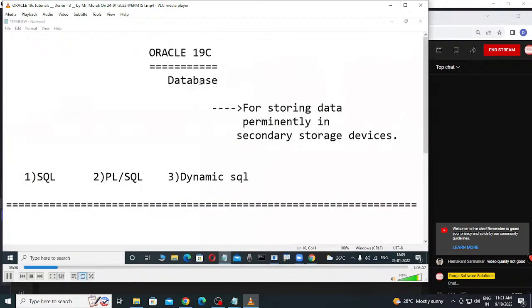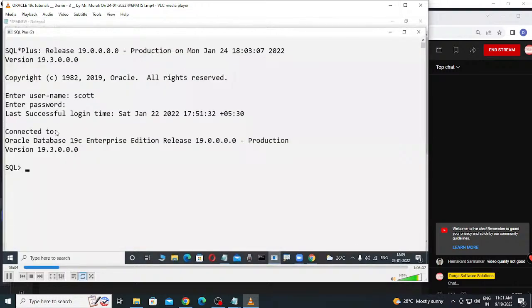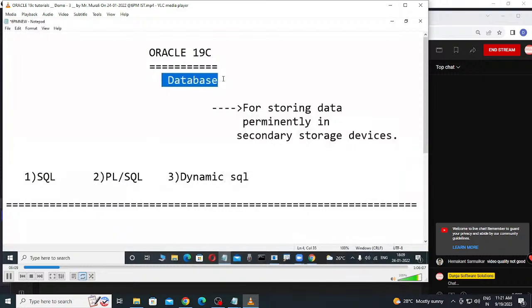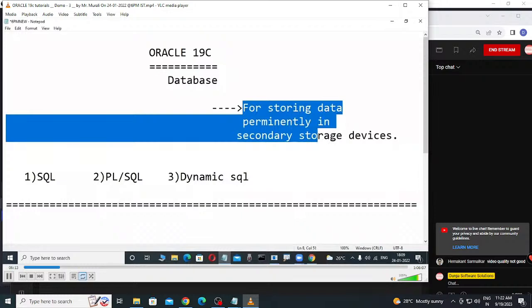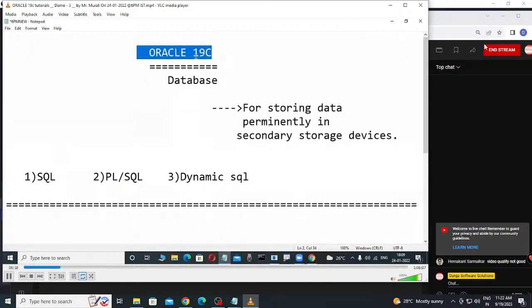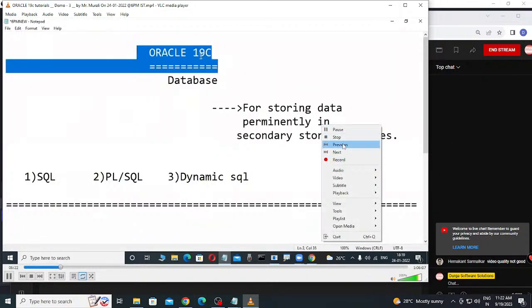Concentrate here. Anybody who did not attend the previous classes, don't be afraid, don't worry. Simple. Oracle is a product from Oracle Corporation. 19c is a version, don't worry. This Oracle is a database product. These are previous class notes, just for idea purposes for newcomers. What is the purpose of this database product? For storing data permanently in a hard disk. But these databases, Oracle, SQL Server, DB2, MySQL, Teradata, all these databases